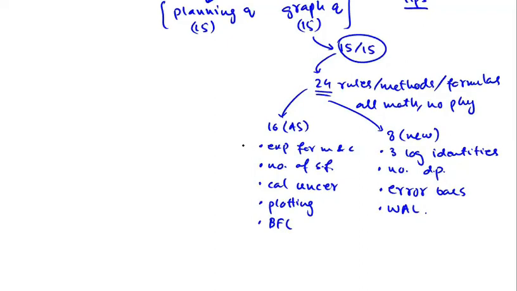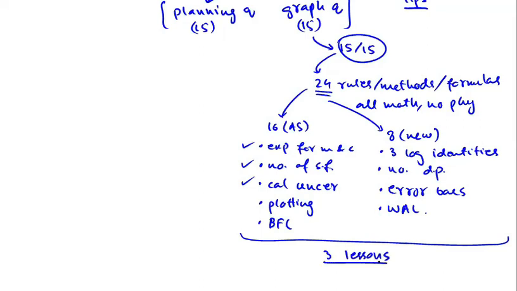Now kids, we will cover these rules one by one. I'll teach you this rule first, for example, and then we will do only those parts of the graph question in our workbooks where that rule is used. And then we will move on to the next rule, then to the next, and that way we will cover all 24 rules in the first 3 lessons of this crash course, right? And by the time we learn the last rule, we will have done all parts of all 4 graph questions of the workbook. And then we will move on to the planning question.